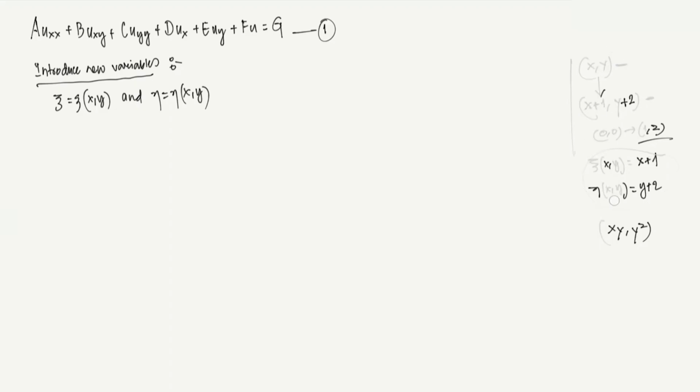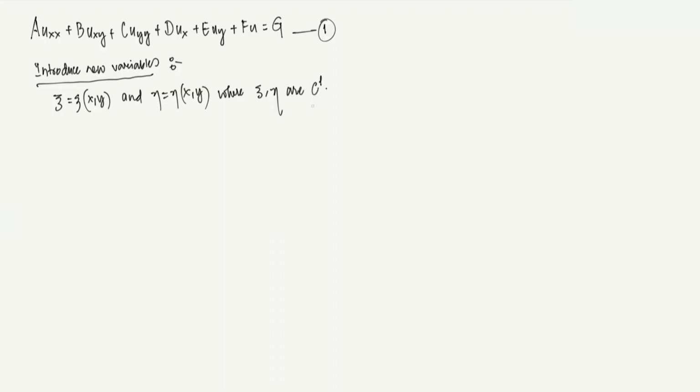Okay, right. Now the thing is this: for it to be a valid change of variable, we need some conditions. First of all, we introduce two variables, xi and eta, where xi and eta are C1 continuously differentiable. It means all possible first order derivatives exist, and they are going to be continuous. Now, this is a valid change of variable if